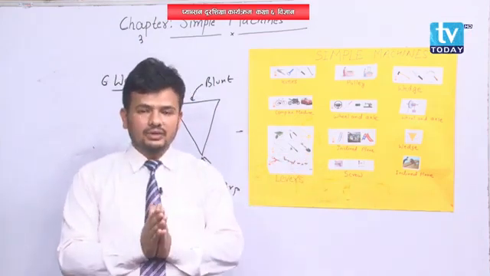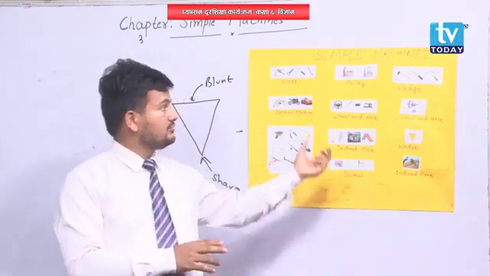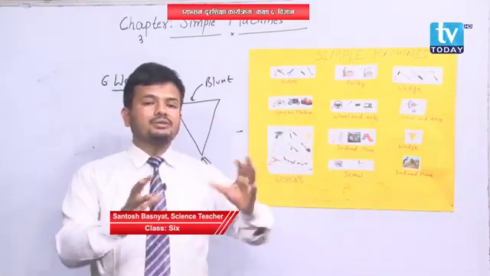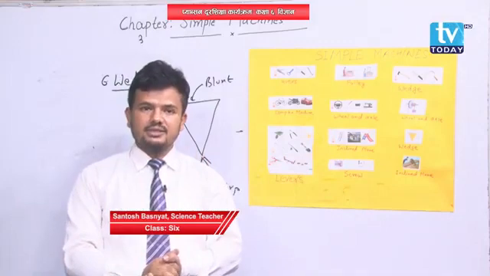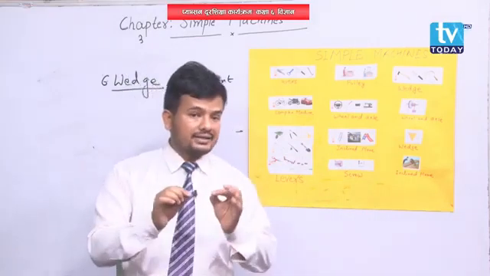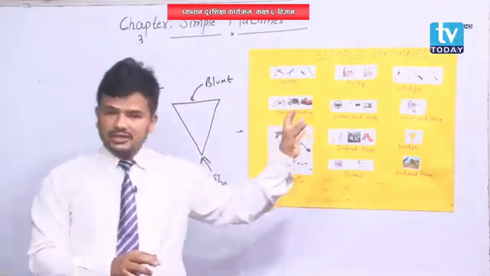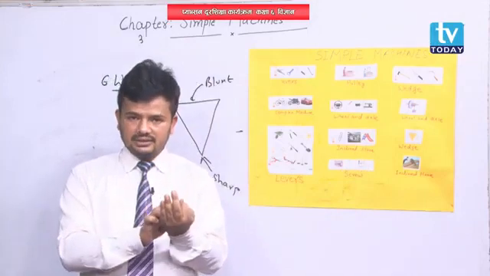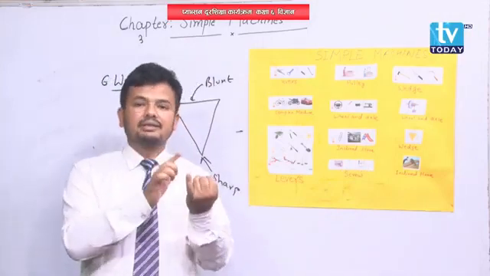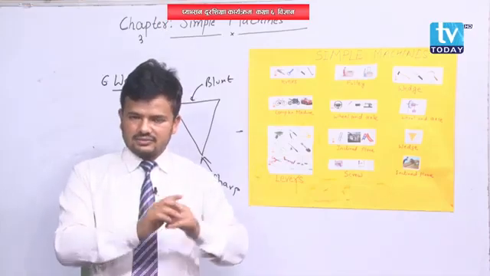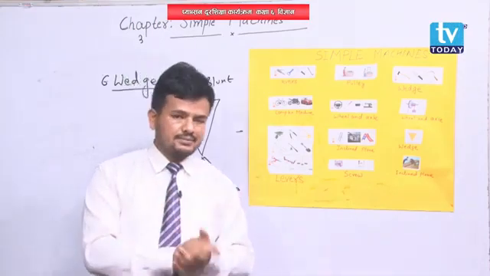If you have the book, from the book also draw some figures of simple machines in your notebook and try to find different types of simple machines around you. Collect them, name them and try to categorize them into 6 different types. What are the 6 different types? Lever, pulley, wheel and axle, inclined plane, screw and wedge. Please classify them into these 6 types of simple machines.